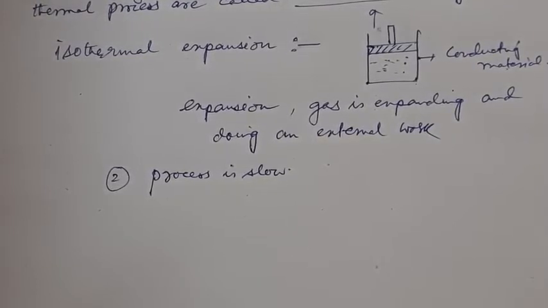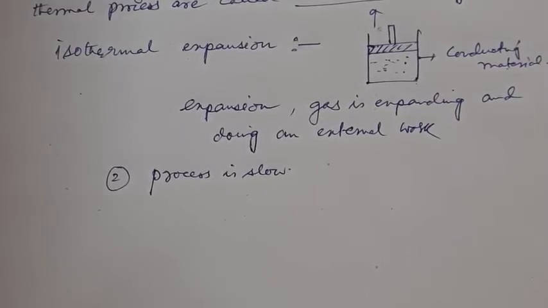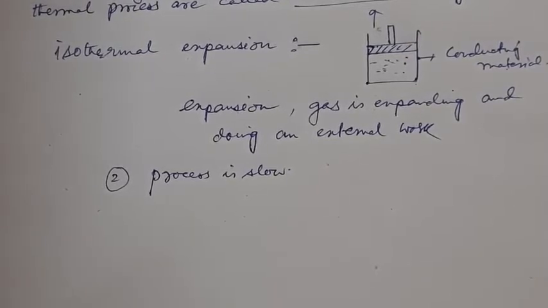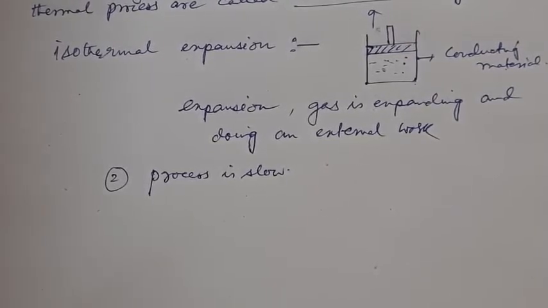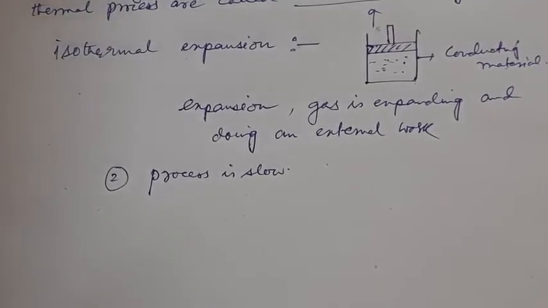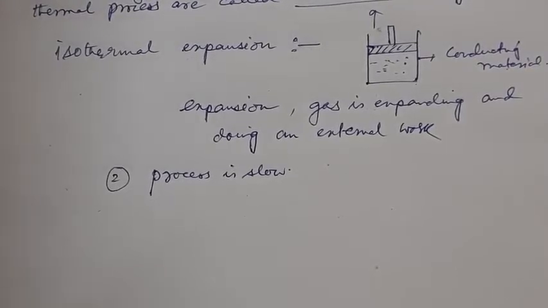So we also have to give it ample time so the temperature can remain constant. Two favorable conditions should be supplied for an isothermal process, not expansion or compression specifically. Overall, as a whole, we can give two conducive points: one is the conductive material, and another is that the process should be very slow. Now, for isothermal compression,